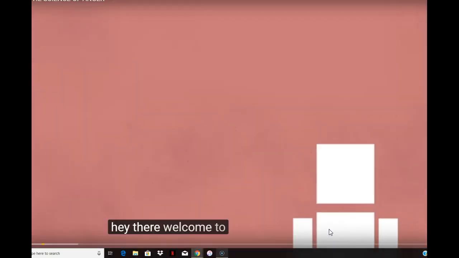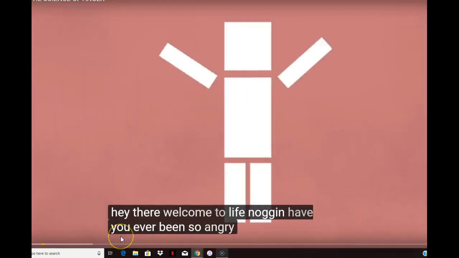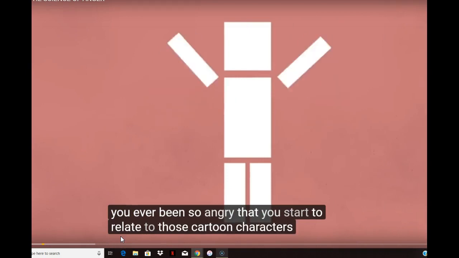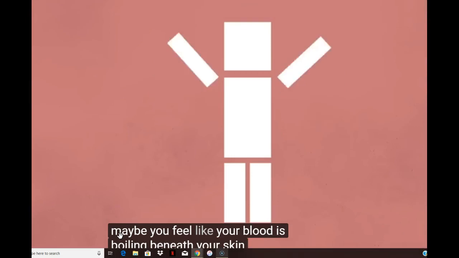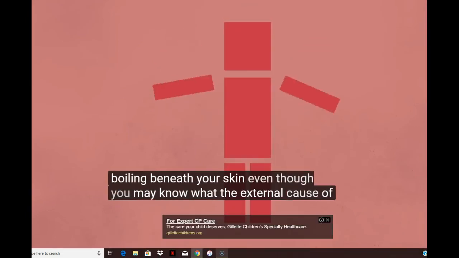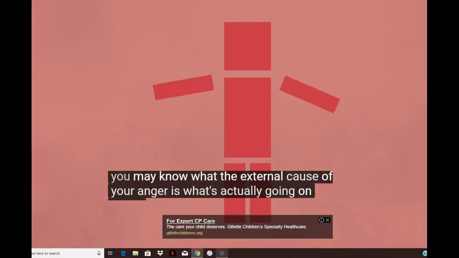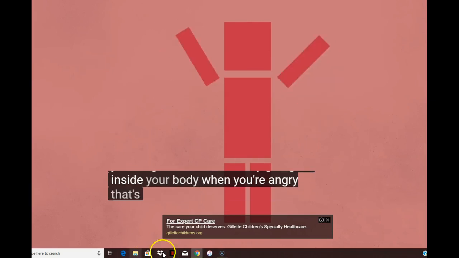Hey there, welcome to Life Noggin. Have you ever been so angry that you start to relate to those cartoon characters who have steam coming out of their ears? Or maybe you feel like your blood is boiling beneath your skin. Even though you may know what the external cause of your anger is, what's actually going on inside your body